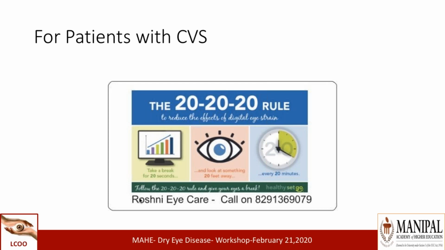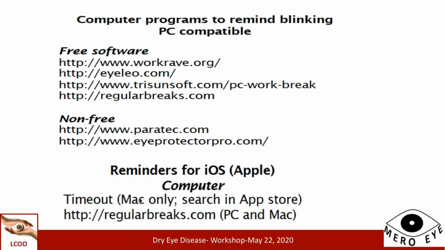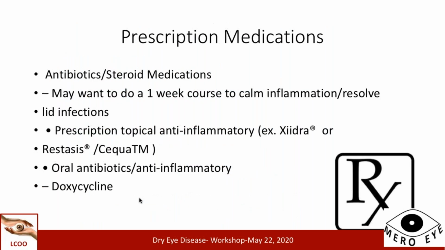So you can deal with accommodation, convergence, dry eye, a lot of issues by giving them this 20-20 rule. There are also a lot of software and apps that will pop up on your phone or laptops, which would tell you that you need to blink and that 20 minutes is up. And of course, you have all the over-the-counter medications that can be prescribed if you're in a hospital environment and have access to dispensing